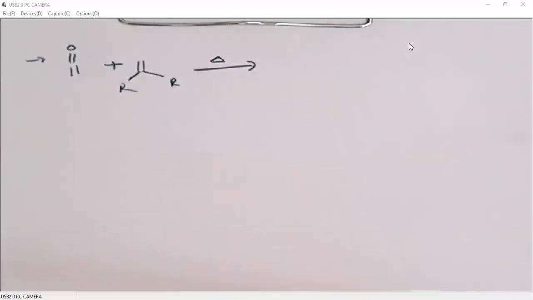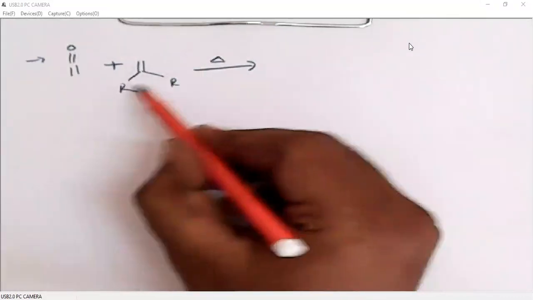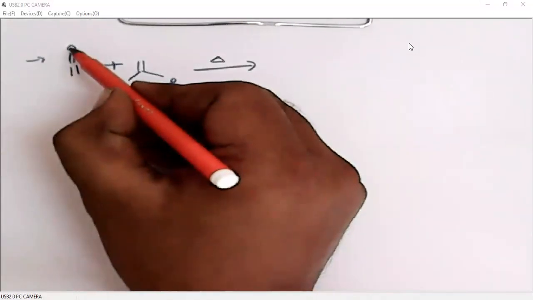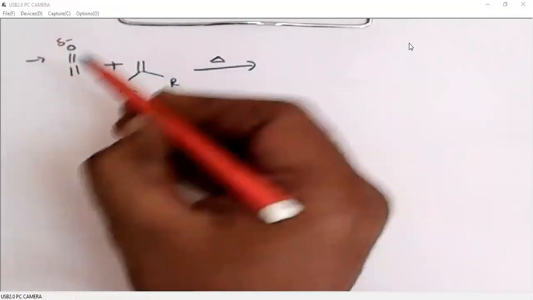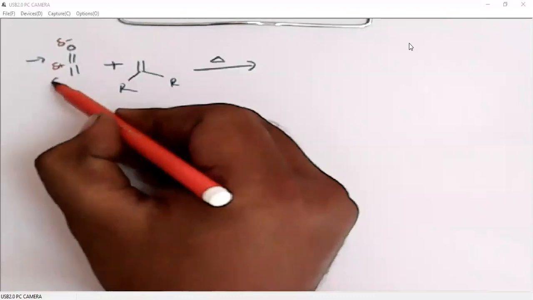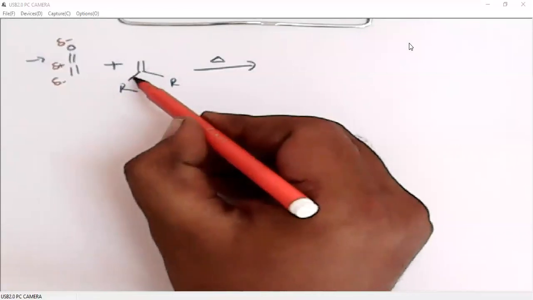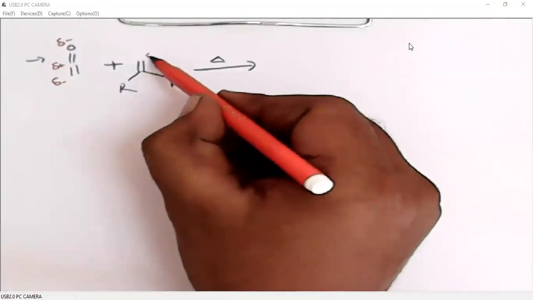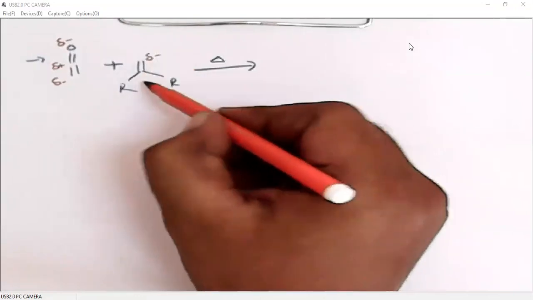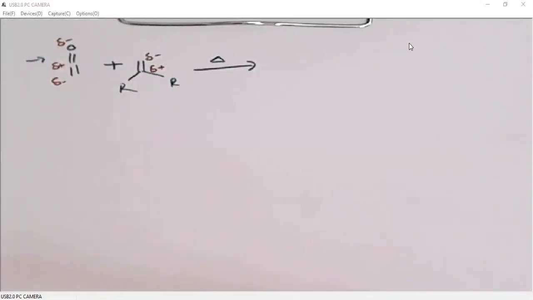When we look at the ionic charges on this ketene and alkene, we can easily predict the position of these substituents. Oxygen being more electronegative will get partial negative charge. So the carbon will get partial positive charge and the next carbon will get partial negative charge. If the alkyl groups are electron releasing, they will release electrons up to this, so the end carbon becomes negative, and the carbon which has the substituents is always positive.